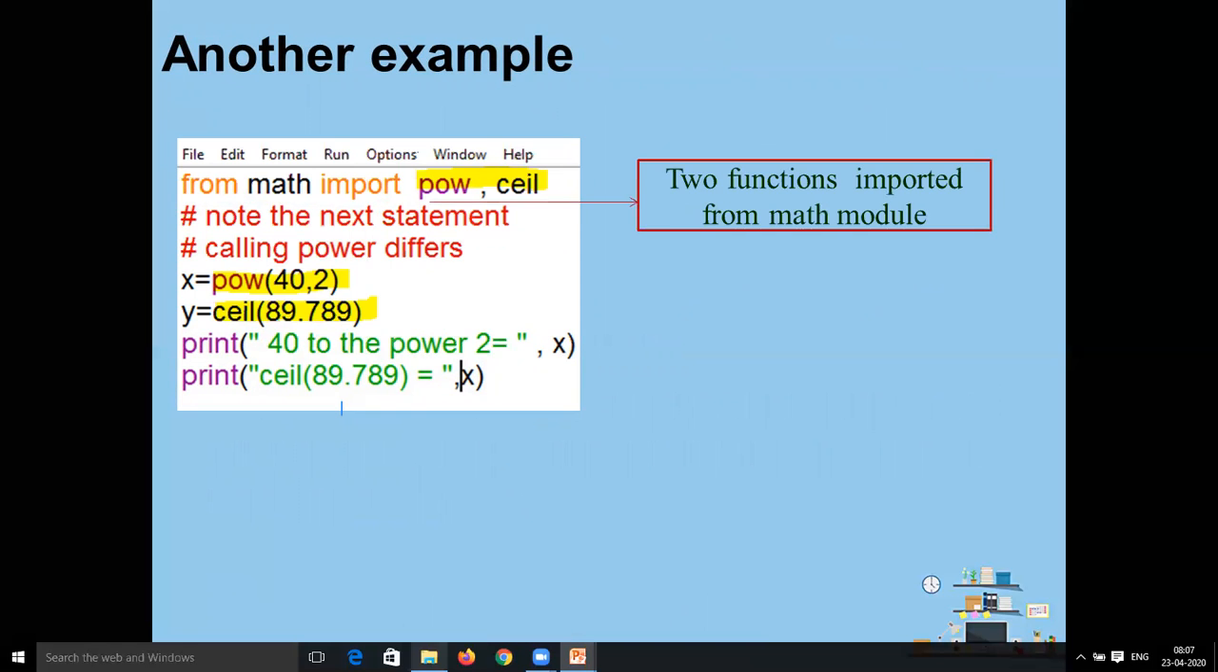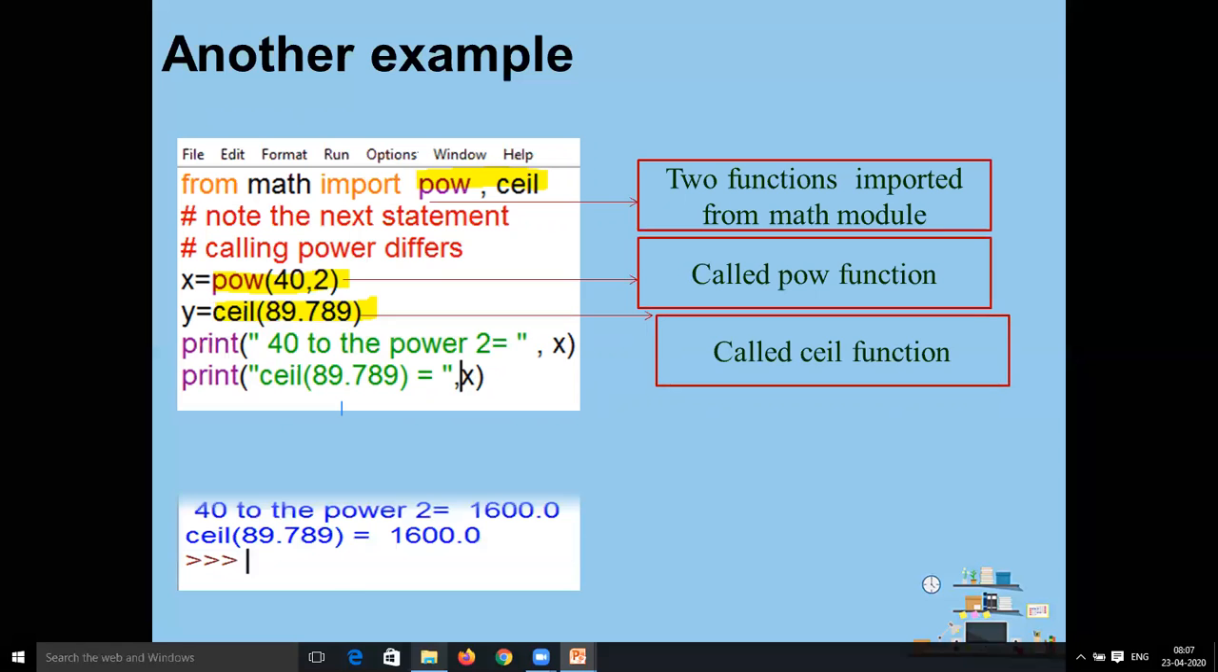This is another example where we use the second syntax, from math import pow, ceil, and the calling is simple: pow, then the argument, and then ceil and the argument. So we call the ceil function, and the output is